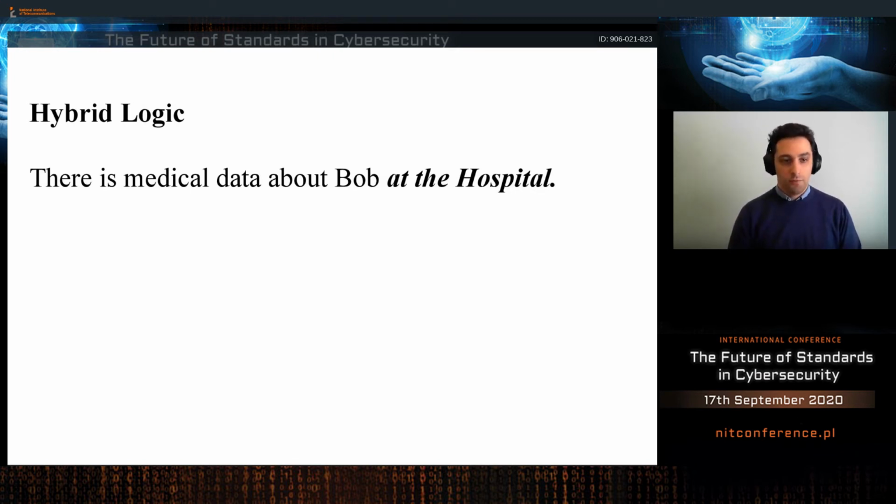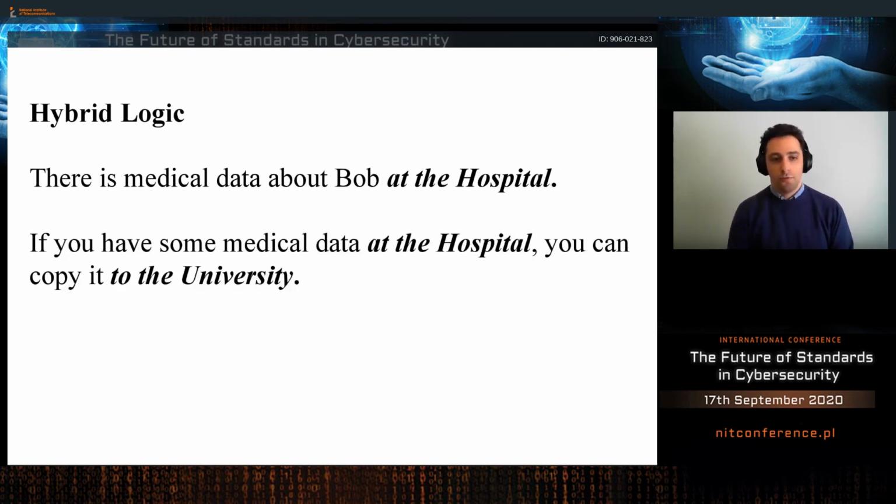kind of reasoning. For instance, now we can say in hybrid logic, there is a way to formalize a formula to express that there is medical data about Bob at the hospital. And we can also use hybrid logic to formalize statements like, if you have some medical data at the hospital, then you can copy it to the university. For instance, there is some agreement between these two institutions, so we can copy data whenever we want freely between